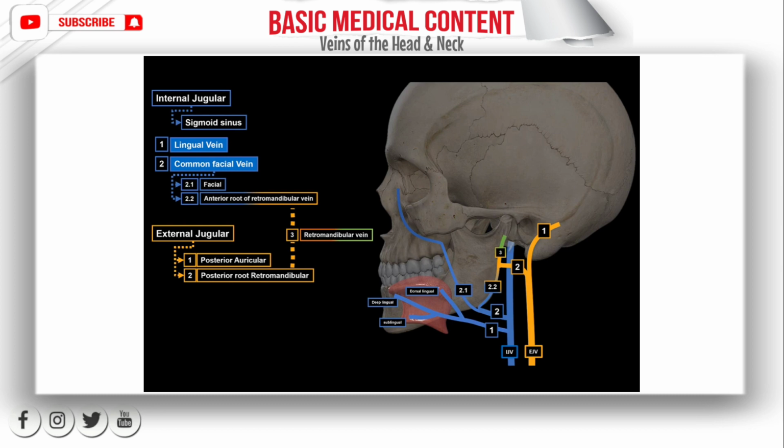When we talk about the facial vein, however, just like the facial artery, the facial vein is going to supply the facial region with blood. And that's mostly all the superficial structures you find in the anterior part of the face, like the eyelids, the lips, the masticatory muscles, the masseter muscle, the parotid glands, and so on. That's all the structures the facial vein is going to supply. But one important tributary,